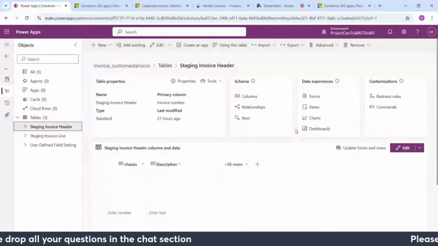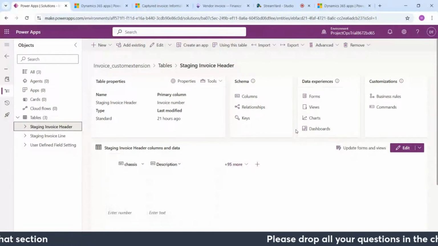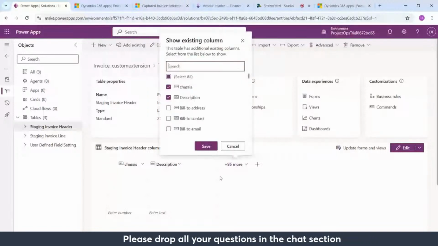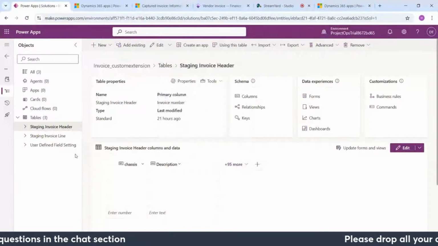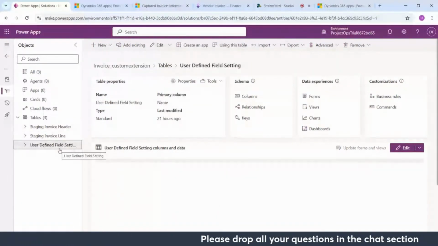So you can make changes to the headers or lines. What I have done is, I have made changes to the headers. Yes, you can see this chassis and description I have added, and then you can add this to user defined fields. You can go into new column,